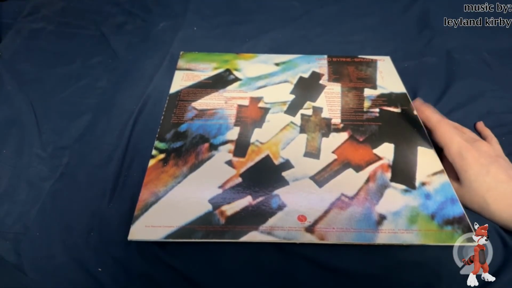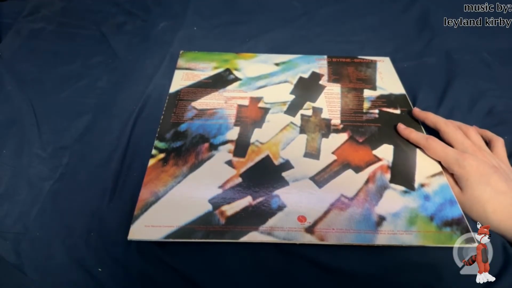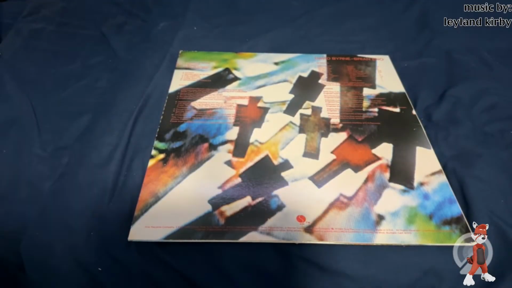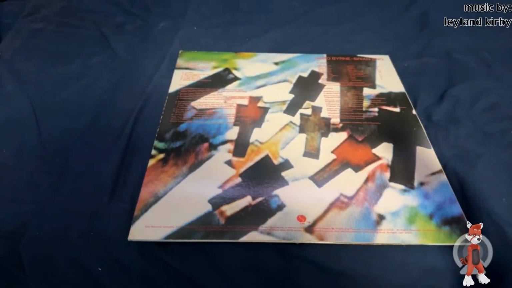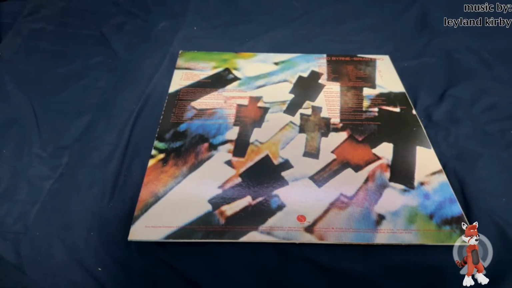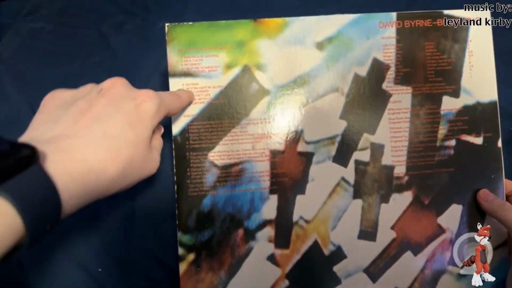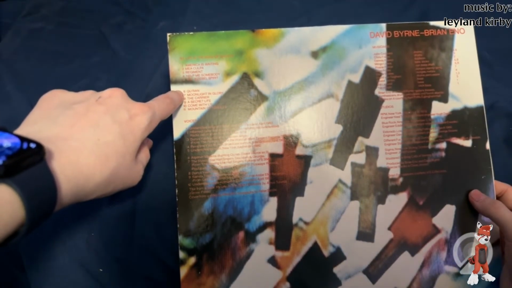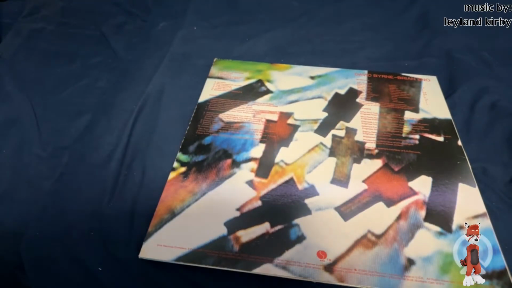This was one of the first big albums that uses samples as a major element. I mean, other records have used samples, but this was one of the first records that used sampling as a main element. And it is a first pressing, and you can tell because it includes this track. At the beginning of side 2, there's a track called Qur'an. That track was removed from most future pressings, because of a complaint from the